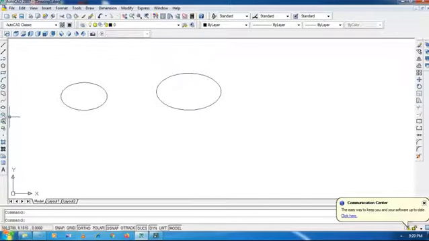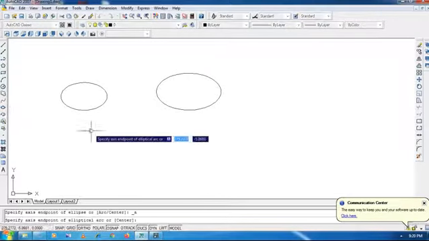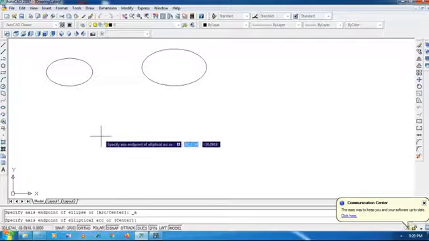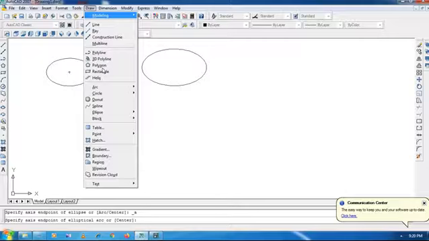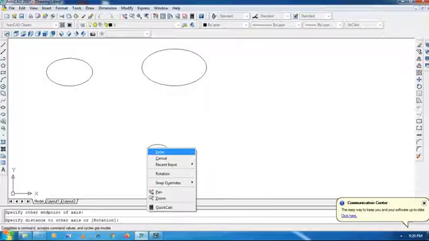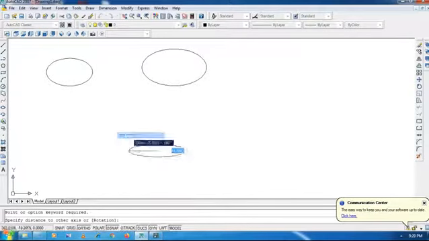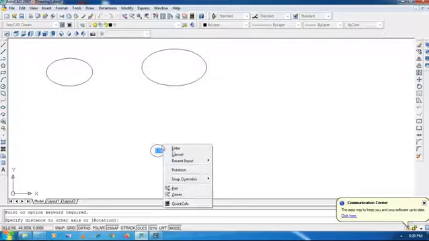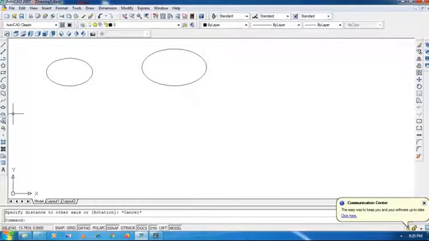Then next, friends, we have the command ellipse arc. If you want to draw an ellipse arc, you need to select the major axis, minor axis, and then the start and end point. All these commands you will also get from here in Draw. So I am going to select ellipse arc.